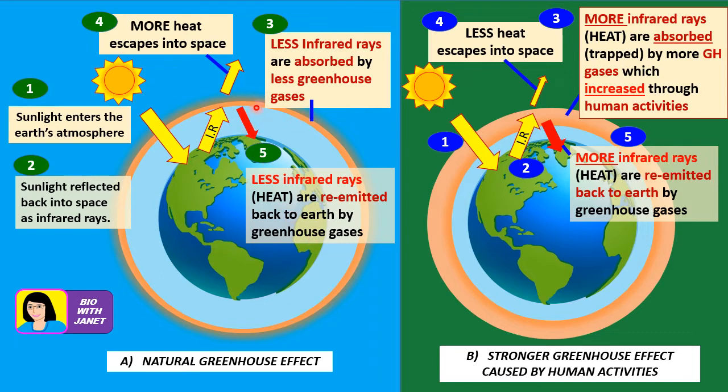So the greenhouse gases also reflect, re-emit the infrared rays back to Earth, and this can also warm up the Earth. So overall, the Earth is warmed up by the heat from the sun, and thus it is at an optimum temperature that is important for the survival of organisms. All right. So we need this natural greenhouse effect to survive.